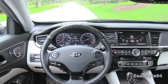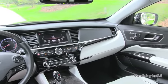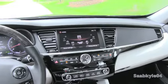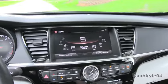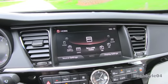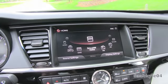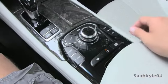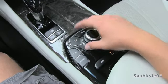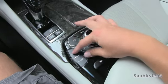The K900 features a standard 900-watt, 17-speaker Lexicon discrete Logic 7 surround sound system with 12-channel digital sound processor and rear-mounted subwoofer, fed through a 9.2-inch LCD display with Kia's latest UVO infotainment system, standard Bluetooth technology, and more. Unlike some of the other UVO applications, this system is not a touchscreen. It's controlled via the wheel in the middle here and the various shortcut keys placed around, with natural hand position with 3 fingers in the front and 2 to each side, and the wheel in the middle to control the